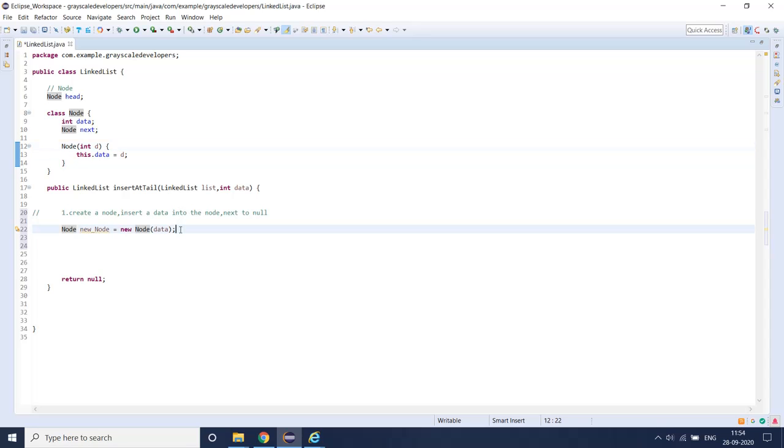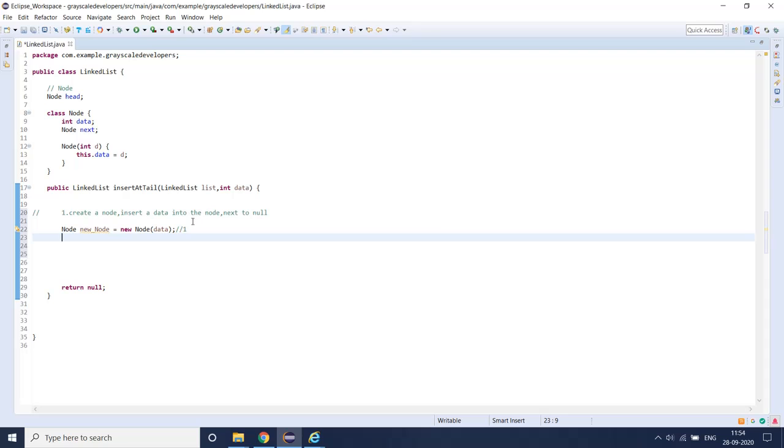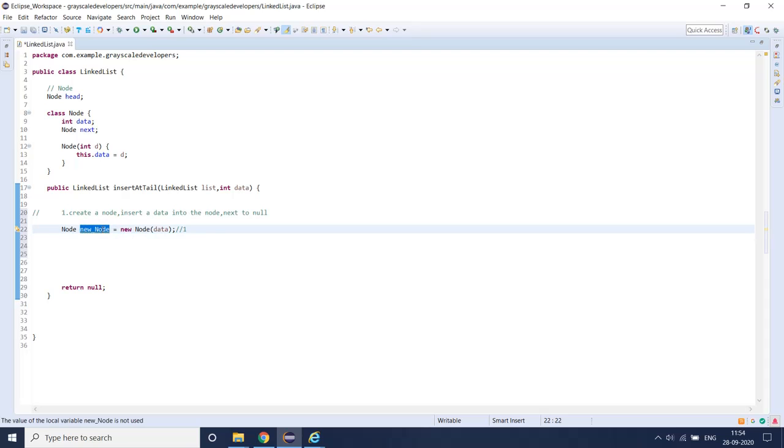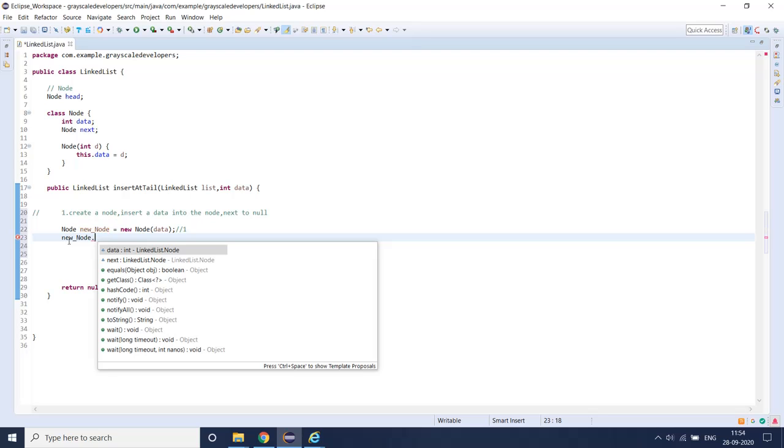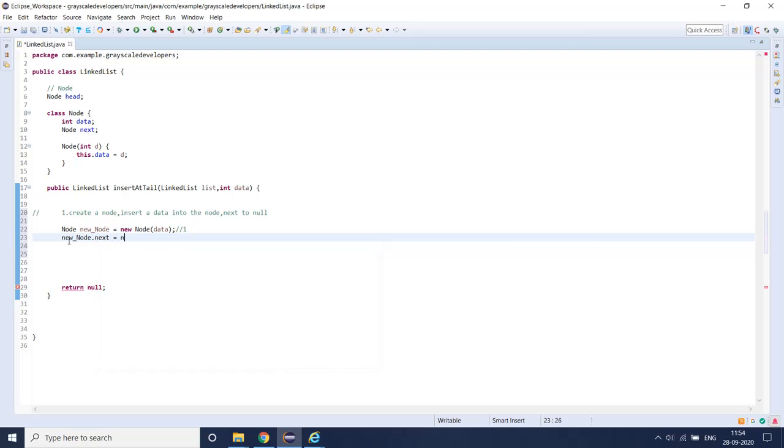For example, I'm not passing any data here, but with that data only we can understand clearly. So just consider I'm passing the data 1. And then I have to make this node's next node null, because I don't know what the next node or next node data is. I think you people can understand this.